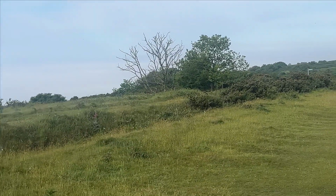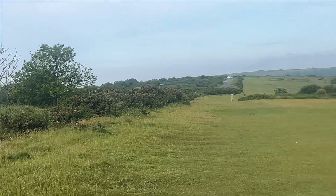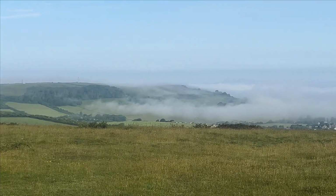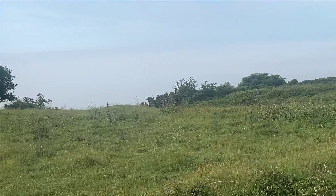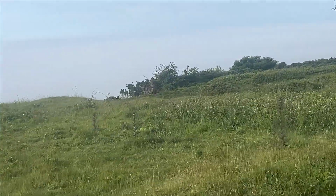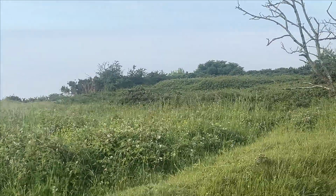It's clear above, you can see the blue sky. Hopefully that'll burn anything off that develops down in the undercliff and offshore. It's kind of just hanging, it's not wafting in and out at the moment. Question is, what's it doing over here? Yeah, there's definitely a fog bank offshore,